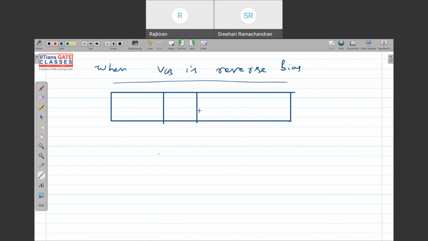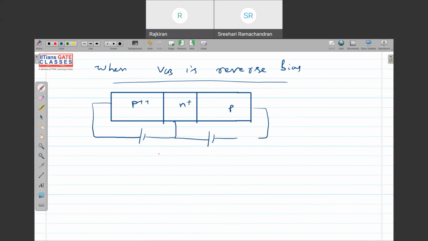Emitter, base, collector. Okay. So if you see, this is N plus and N plus, this is P. When I apply forward bias at the emitter junction, and I apply reverse bias at the collector junction. Okay. So if I want to draw the concentration profile,